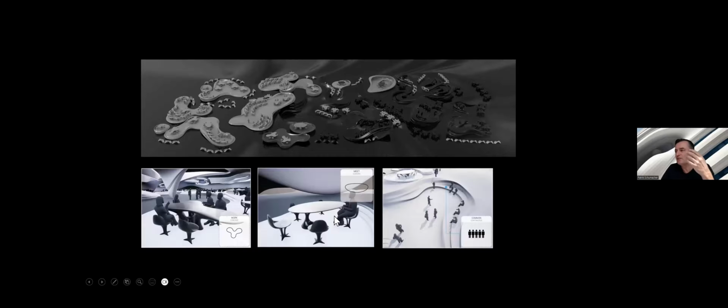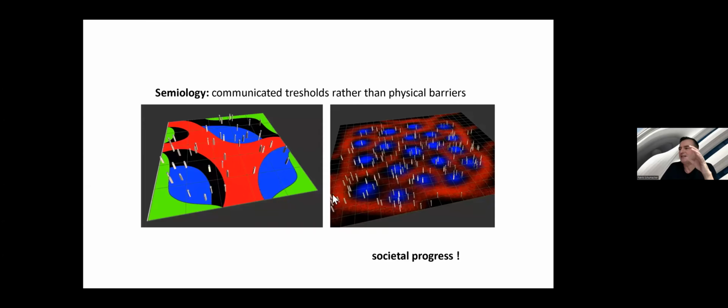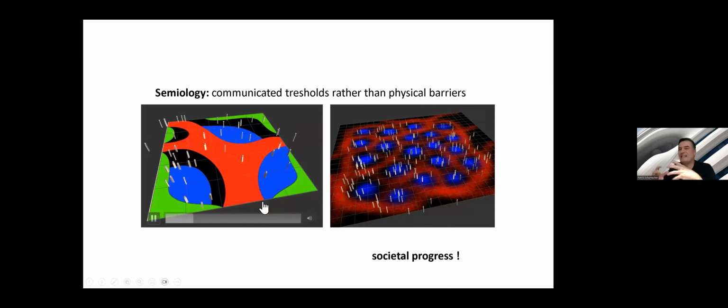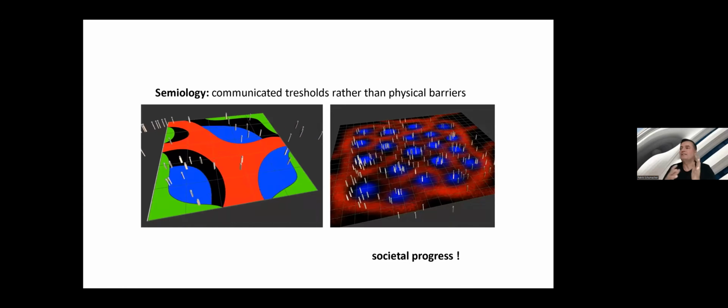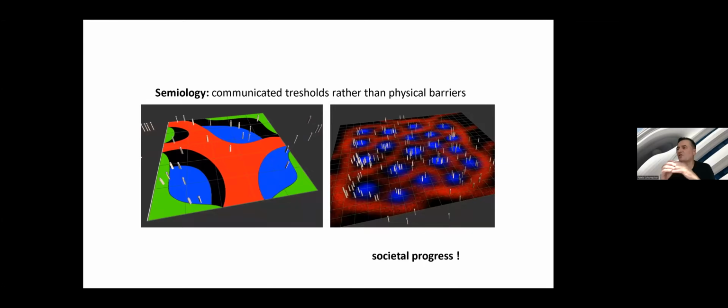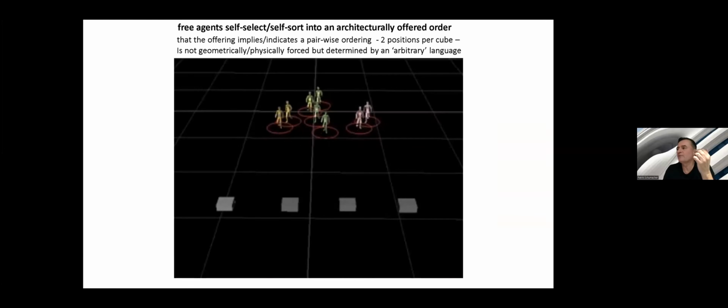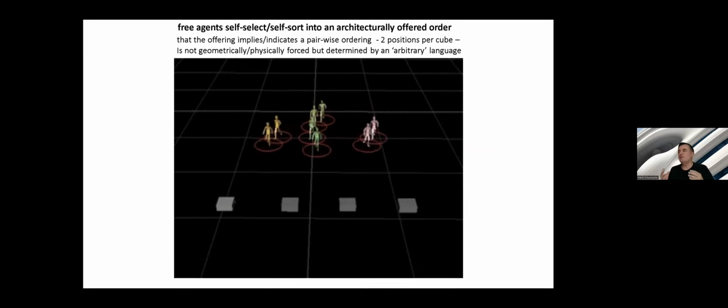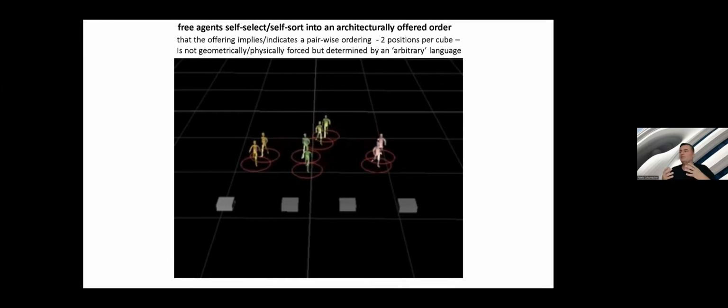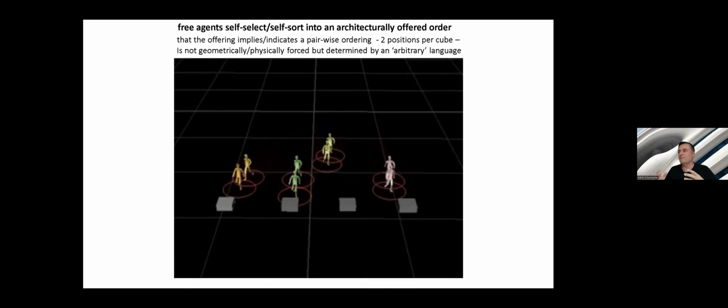You know that you're on a work desk and not a meeting desk. And you can make these boundary formations, either walls, ceilings, steps, and you can get something quite diverse and rich and legible. And then we can simulate the interactions with agents on top of that. And realize we have to assume obviously that the agents are self-selecting.